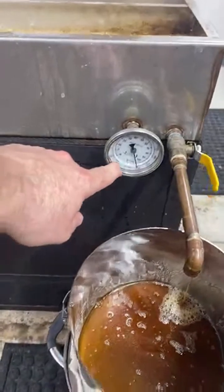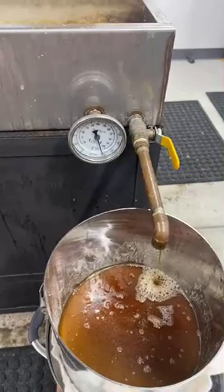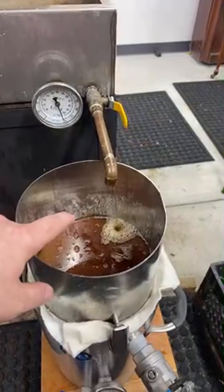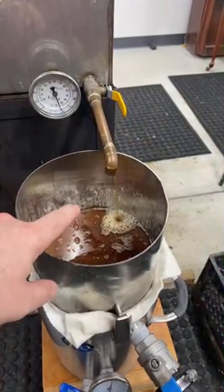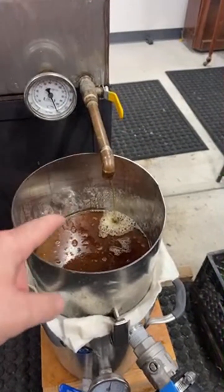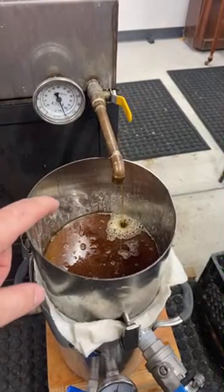versus down here. So what I'll do is I'll watch the temp, and when it gets back down in range, I'll shut this valve off and check again what is inside of this tank here on top of the filter. I'll grab the refractometer and check it again. I'll mix it and check it,